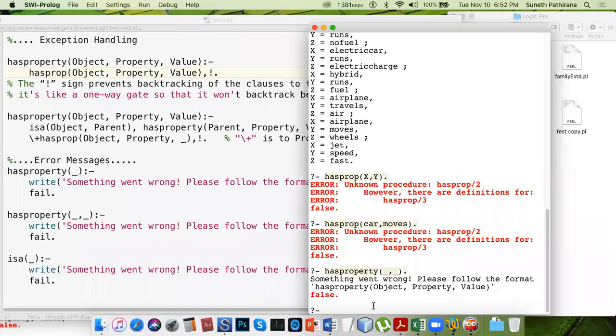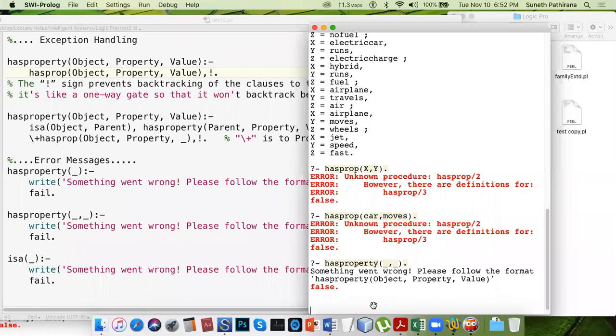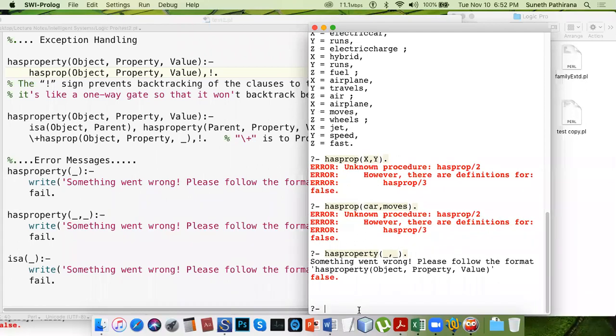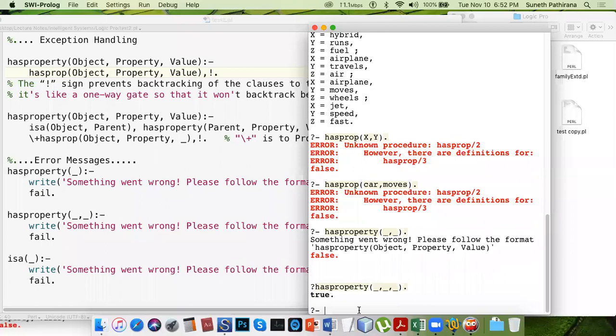So accordingly, if things are okay, then it gives yes.